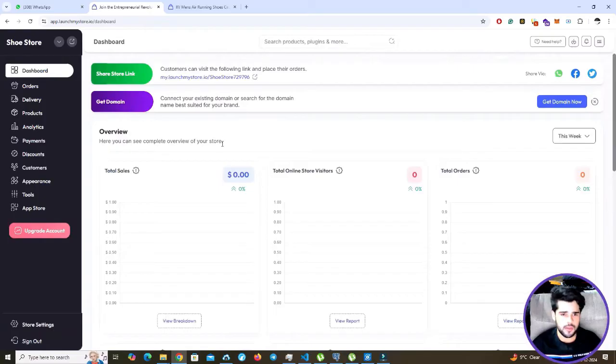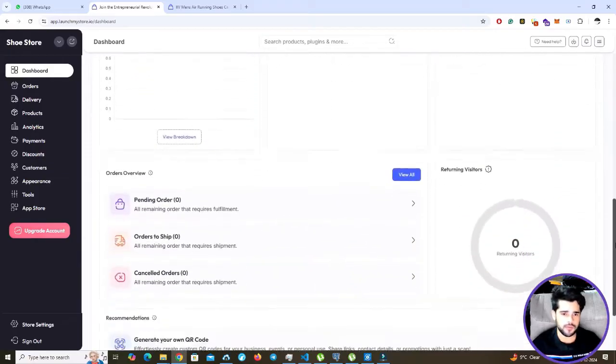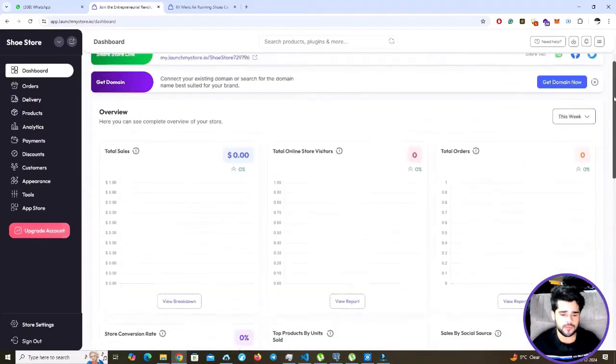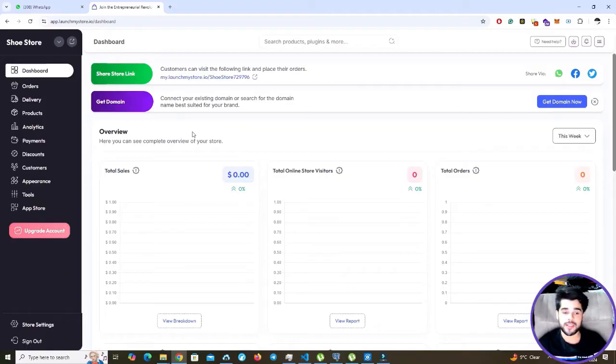Let's head back to our dashboard. And as you can see, all our first initial steps are now completed, and you will see all your dashboard analytics from here. We will also be adding new payment providers such as Adyen, Braintree shortly, and we will also be adding regional payment providers as per customer requirements from across the world. Now let's head to our store builder where the real magic happens.